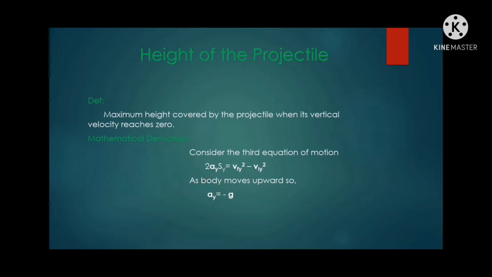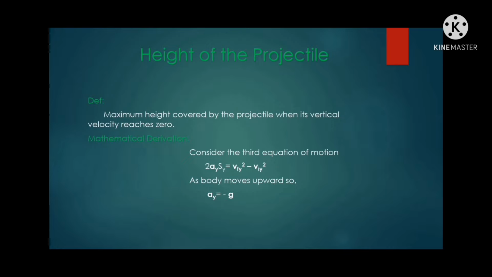It is because we have to use this equation for calculation of maximum height, and you know that height is along the vertical component. Okay, so we have written y as a subscript with each letter, and the bolded letters show vector quantities. Okay, now we have to make some changes in this equation in order to derive the formula for calculation of